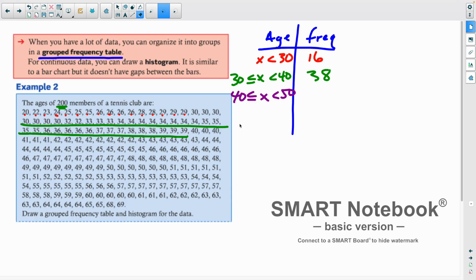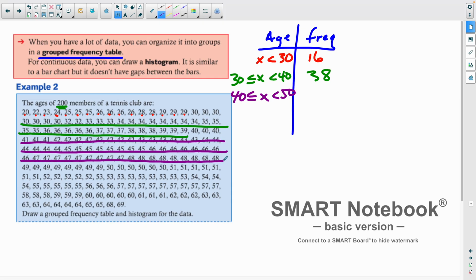Okay, now I need to count all my 40s. So all these, try that again, that's 19. There's another 19 right there. There's another 19 there. So that's 57. 3 19s is 57. 58, 59, 60, 61, 62, 63, 64, 65, 66, 67, 68. So 68. I did not want to count all those. All right. Next,